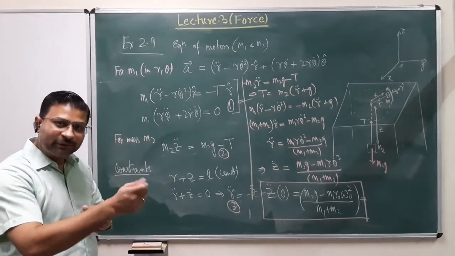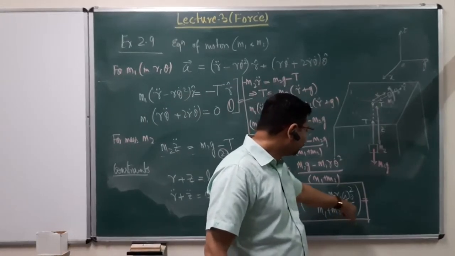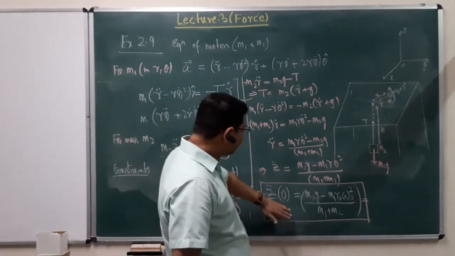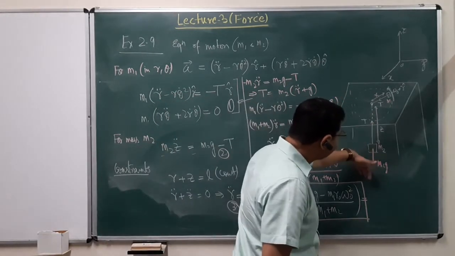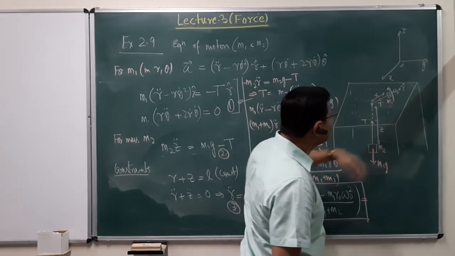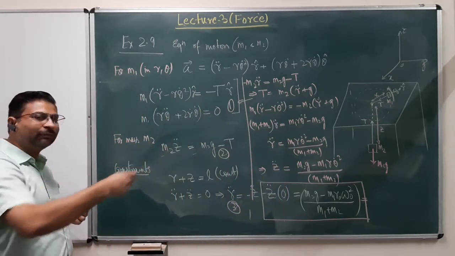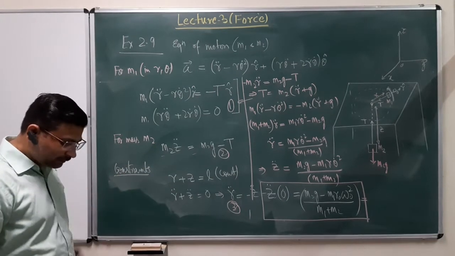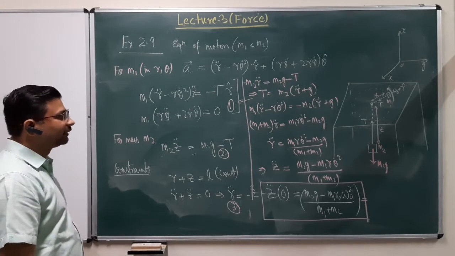As soon as you disturb the system from there, either by changing the position r naught or by changing the angular velocity, this z double dot becomes finite, and then either the mass will fall down or go up, and similarly this mass will either move towards the center of the hole or away from it, and of course you can also change its angular velocity. Right? So that is one example of these systems.